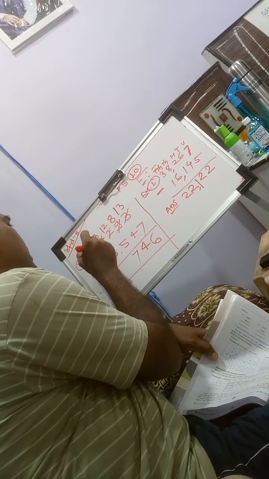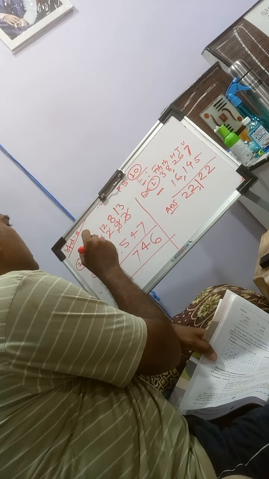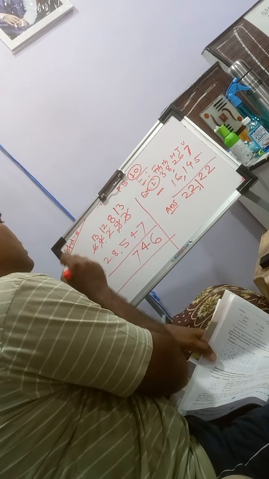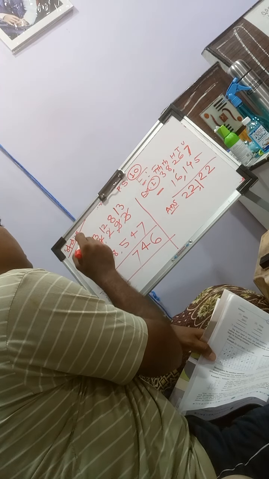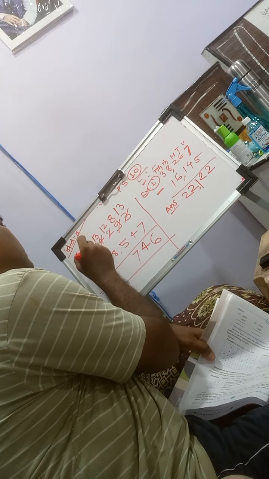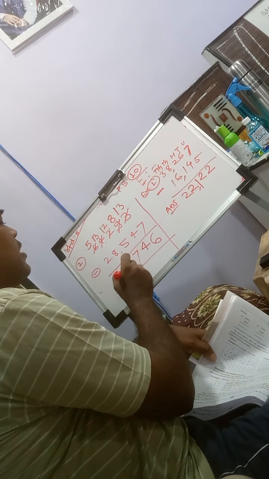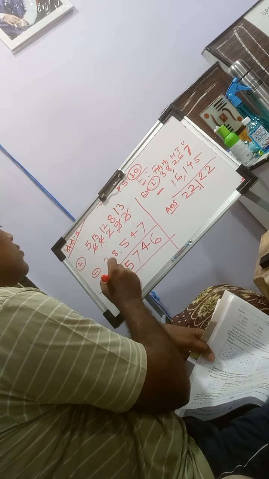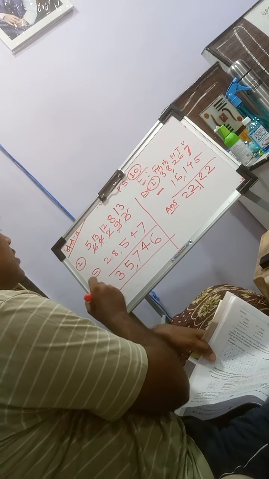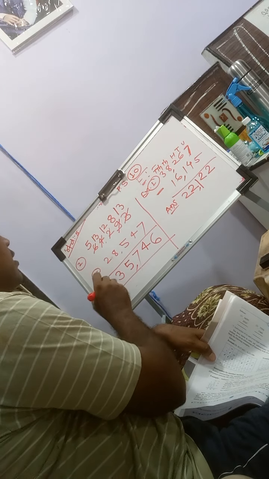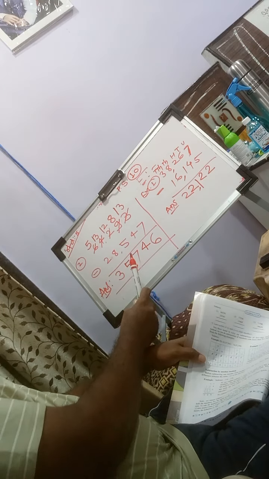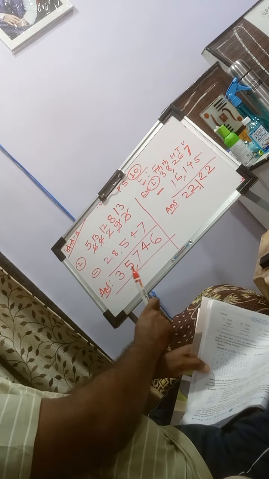So you will take one carry from 6. So it will become 13. And here if you have given the one number to the 4, then 6 minus 1 it will come 5. So 13 minus 8, the 5 will be answer, and 5 minus 2, 3. So this is the answer, 35,746. Okay,